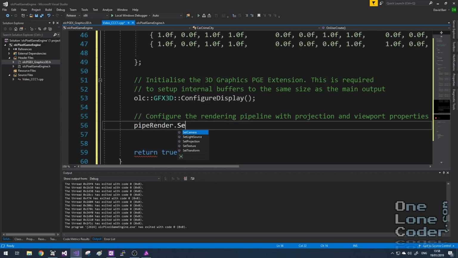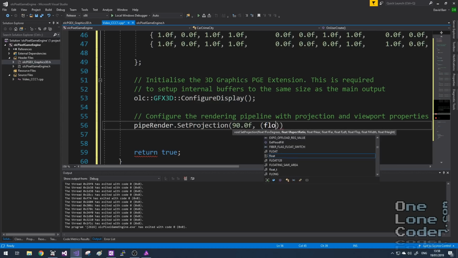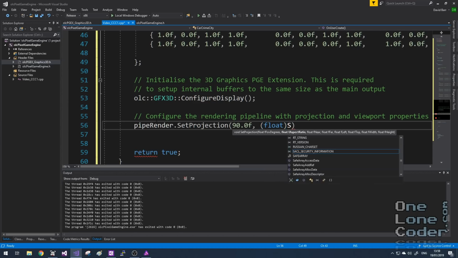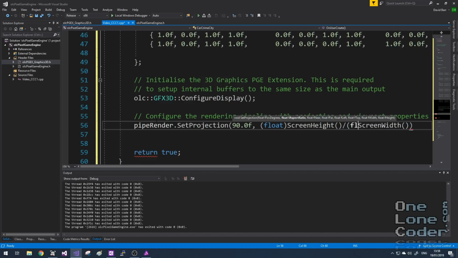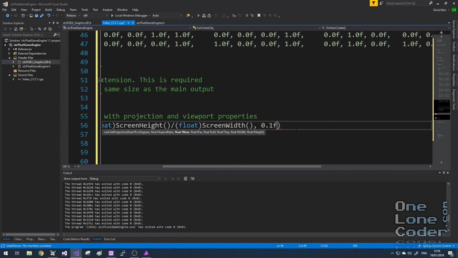parameters. So we want a field of view, which is in degrees. I'm going to set that to 90 degrees. I want the aspect ratio, and these parameters will look exactly the same as they did in the 3D Engine series. Don't forget to cast that to a float. We need the near plane distance, the far plane distance,